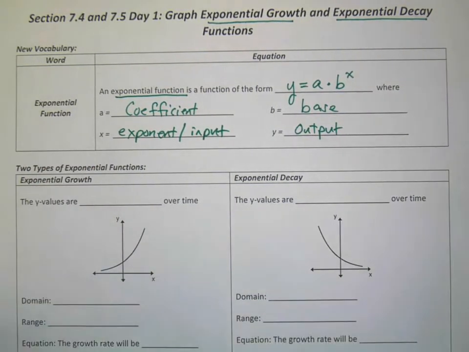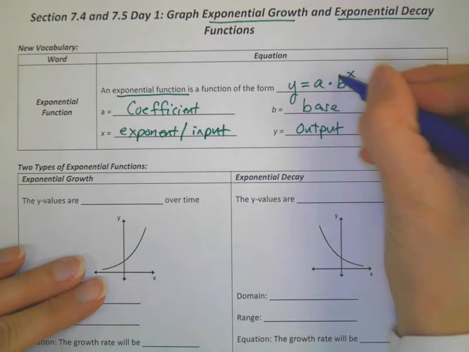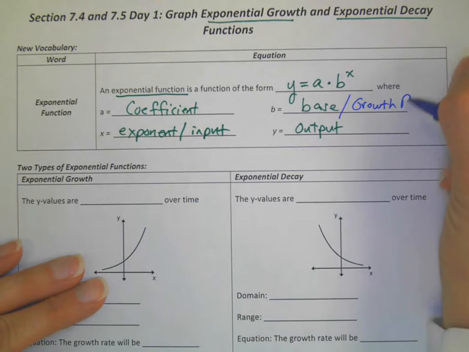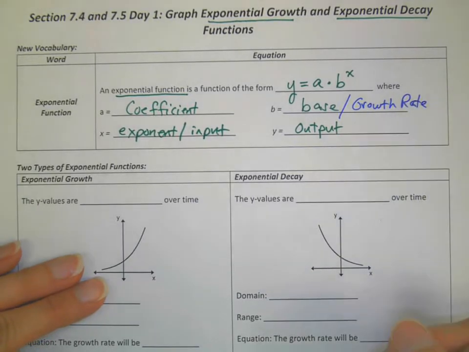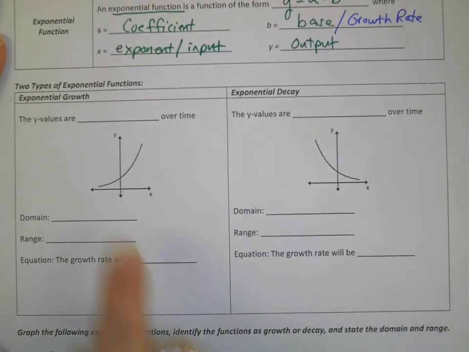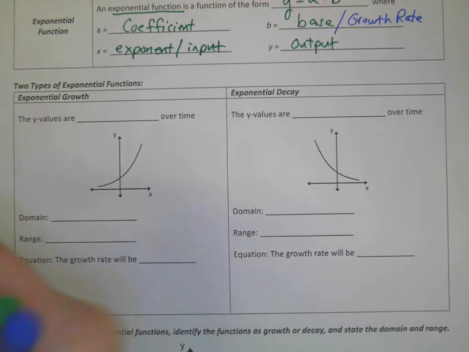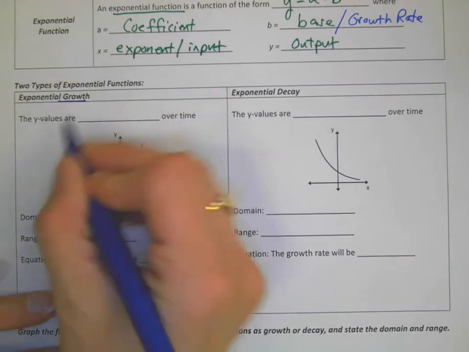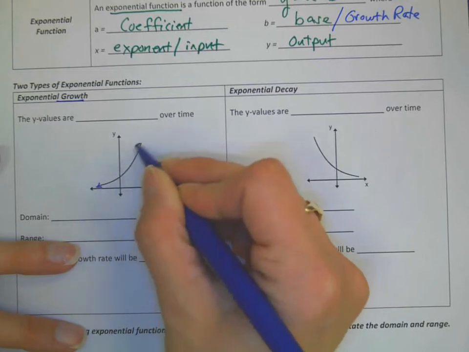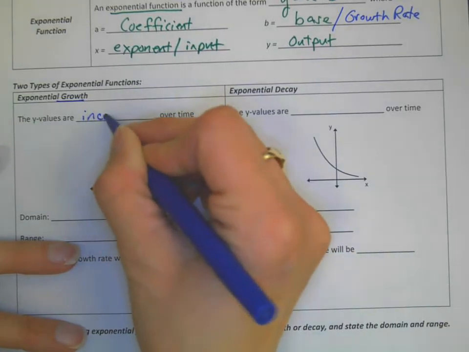Now, another name for b, I know b is the base, but that also is going to be our growth rate today. Growth rate. So we are going to be growing as well as decaying. Okay? So let's take a look at the graphs for these two things. The graph on the left is exponential growth. The y values, here's the graph, up, are increasing